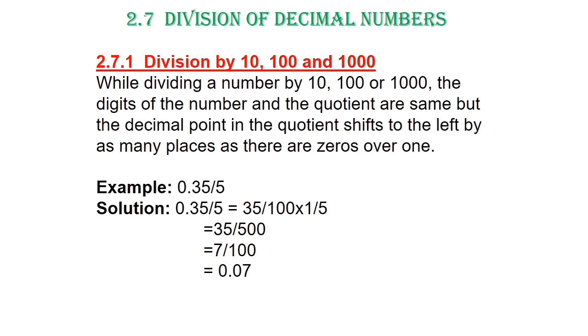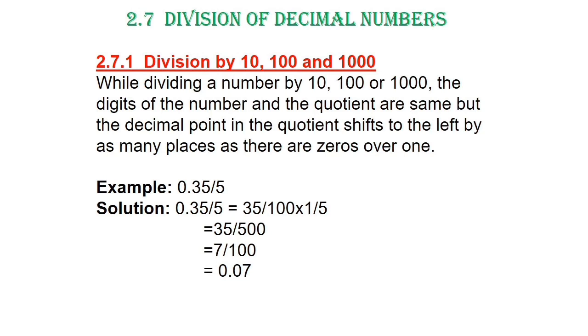Division of decimal numbers. Division by 10, 100 and 1000. While dividing a number by 10, 100 or 1000, the digits of the number and the quotient are the same, but the decimal point in the quotient shifts to the left by as many places as there are zeros over 1. For example,